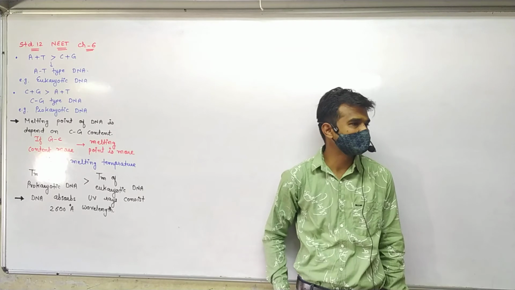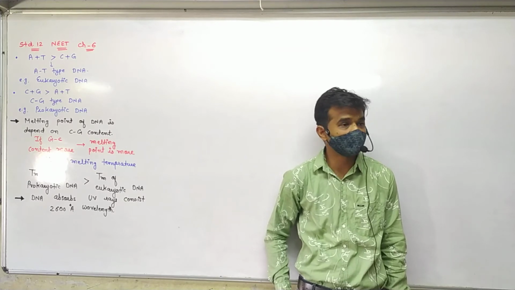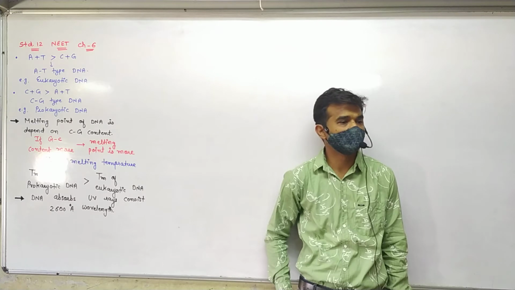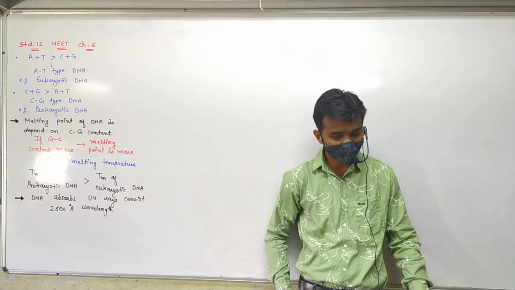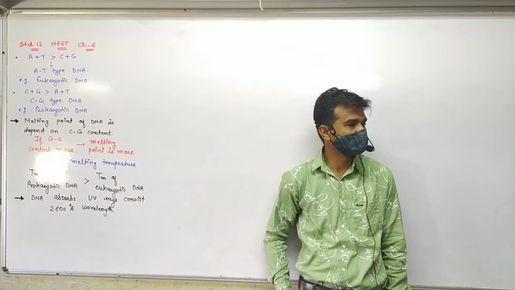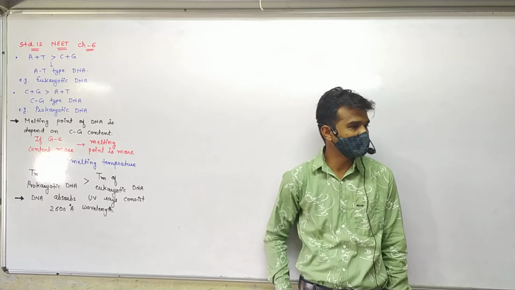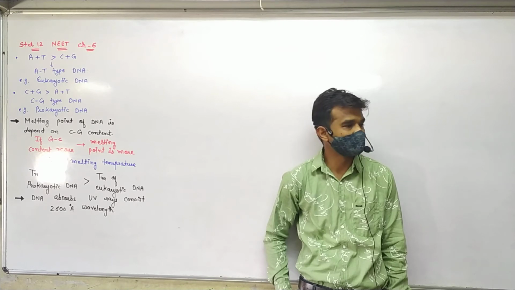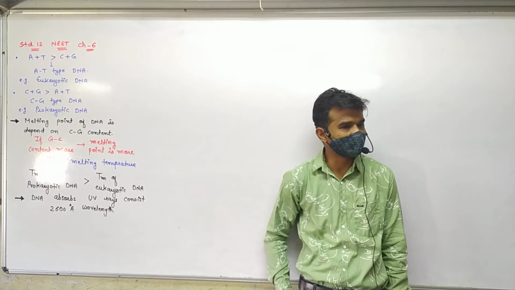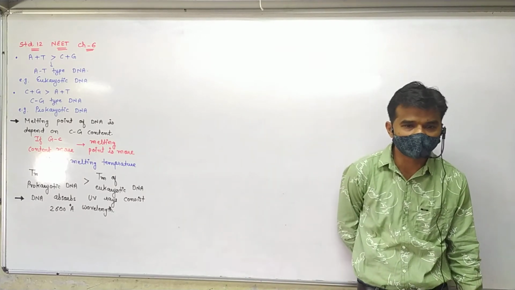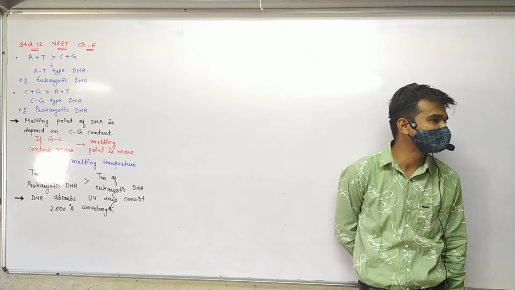The two DNA strands are separated, but by application of the temperature, yes, 90 to 95 degrees Celsius. So here 80 to 95 degrees Celsius temperature. It is denaturation temperature for this. So at this much high temperature, the weak hydrogen bonds between the two strands of the DNA can be broken down, and then two DNA strands are separated.